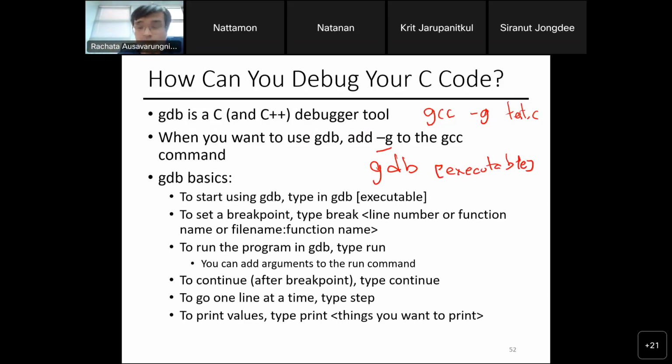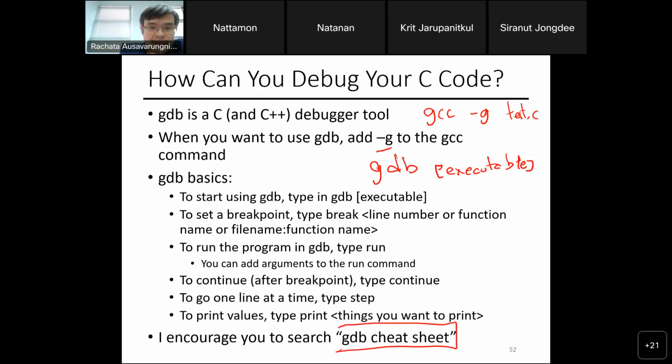I totally encourage you to Google a gdb cheat sheet, and then we'll do some examples on Monday. When we go through these examples on Monday, I will show you how GDB is done. I will record this so that for those of you who don't have the time to attend the Monday slot in the beginning, you can watch the video. I'll just show you how GDB can be used and how to debug your code, right?